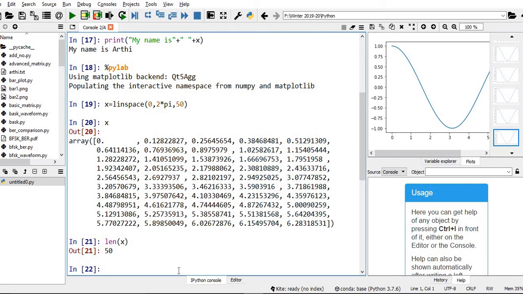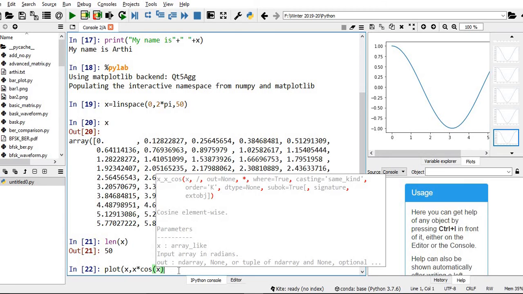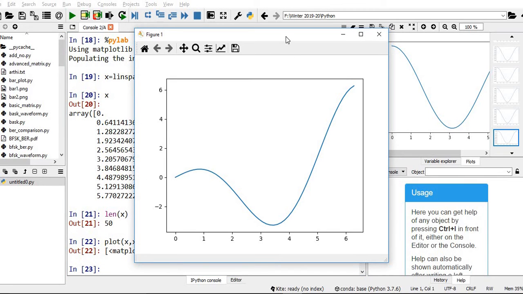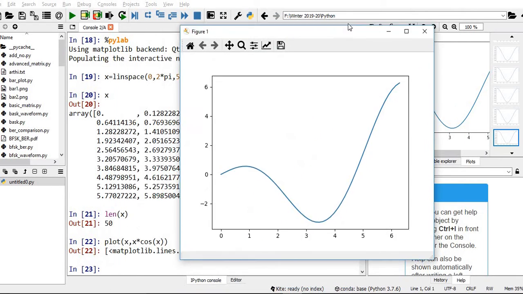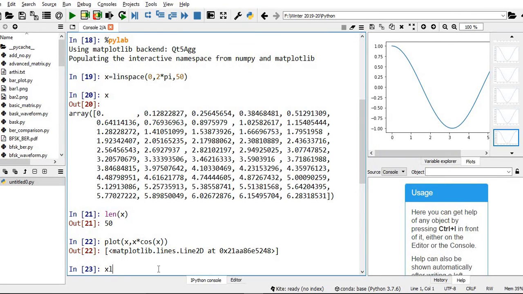Then after x, I'm going to plot x versus x cos x. So this is the graph. You just see, this is the graph generated. Now I'm going to add x label and y label.